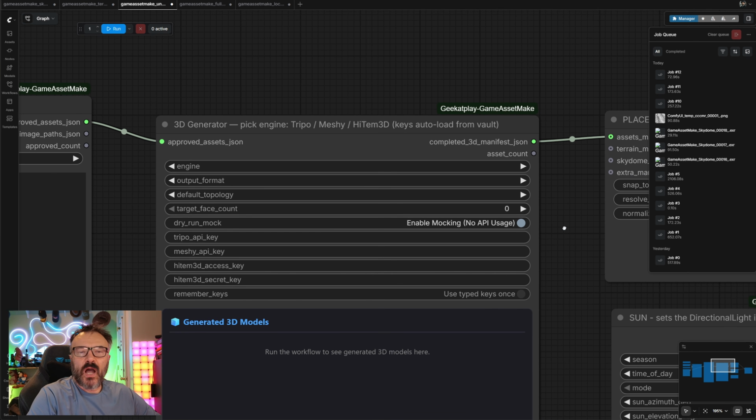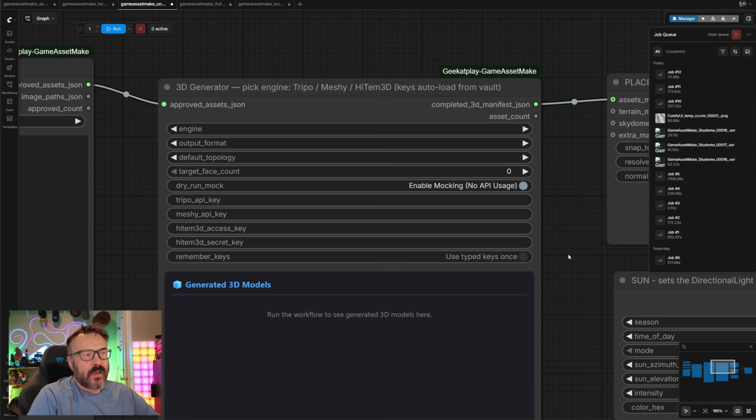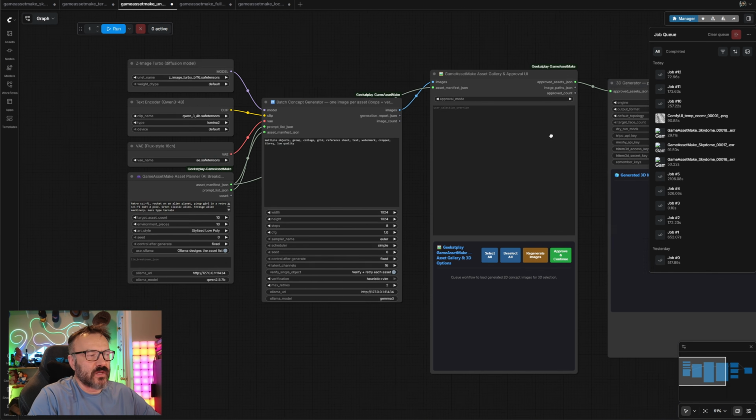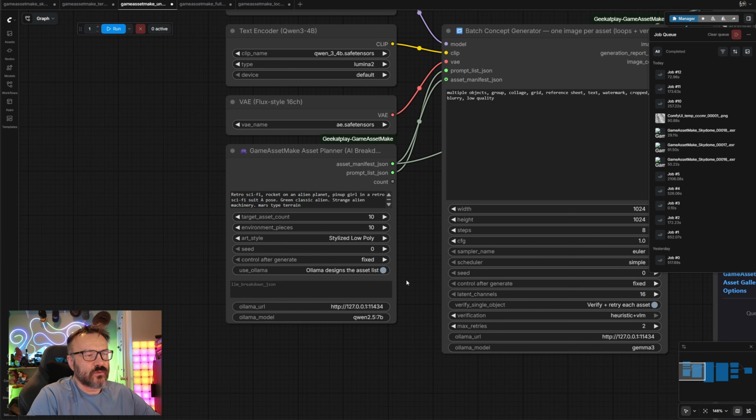If you're going for higher quality and polygons, I will say Hitem3D should be your choice. If you look for a little bit of rigging and a little bit faster work, then Tripo or Meshy will do well. I'm going to use a couple of them. Let's go right here first, and we're going to add the same things. We have a green alien, and let's select a different style, 10 and 10 stylized, so we'll just leave it as